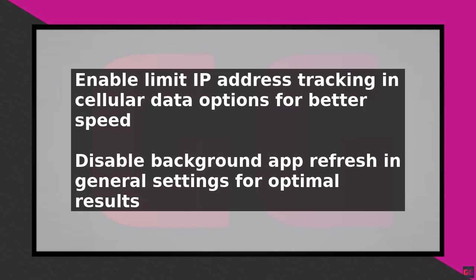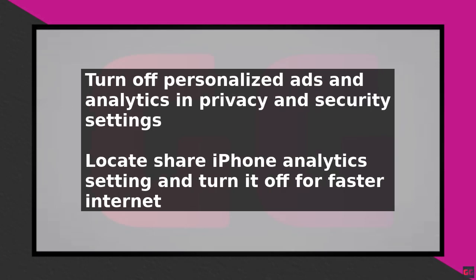not green. Next, enable limit IP address tracking by going to Settings, tapping Cellular, and then clicking on Cellular Data Options. In this menu, find the limit IP address tracking option and enable it, ensuring it's turned on and appears